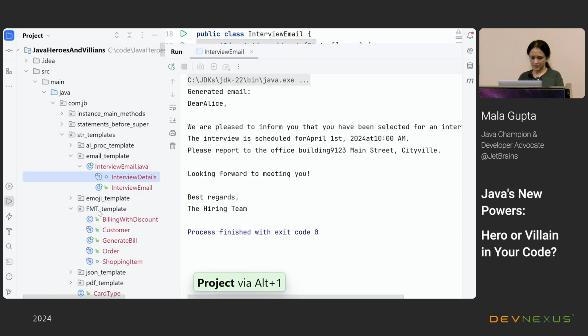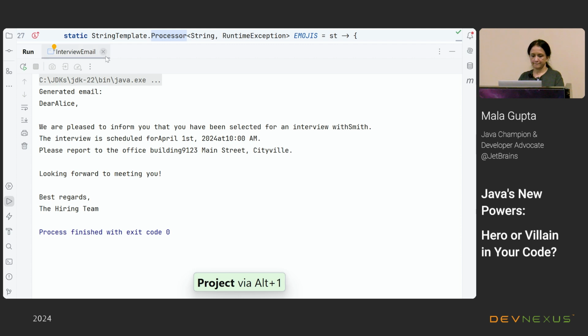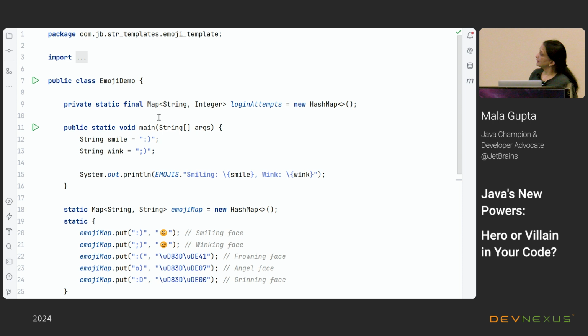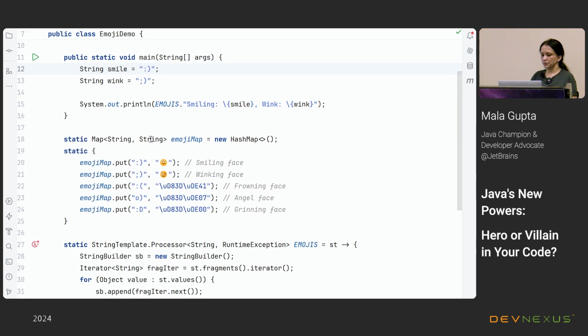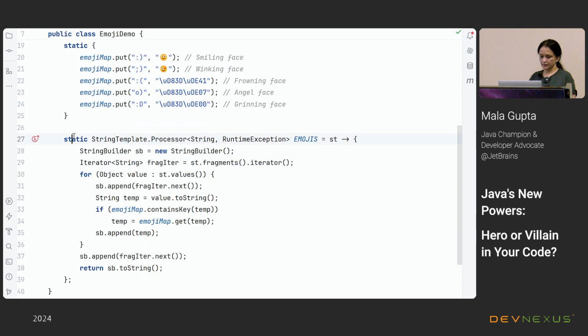The other example is an emoji demo where I have text, something like a colon and a round bracket, and what I am doing is creating a custom template, the definition of which is here.